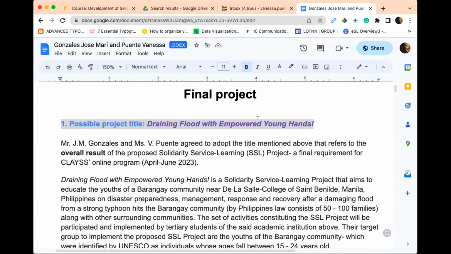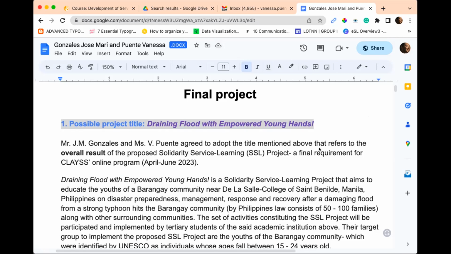However, this set of typhoons has increased drastically during the previous years or decades because of global climate change, and hence the impact of disastrous or damaging floods. Hence, the project that we're proposing has something to do with providing our local community with an information system that can help them be reminded of what to do before, during, and after a damaging flood from a typhoon, whether this is a strong one or a super typhoon.